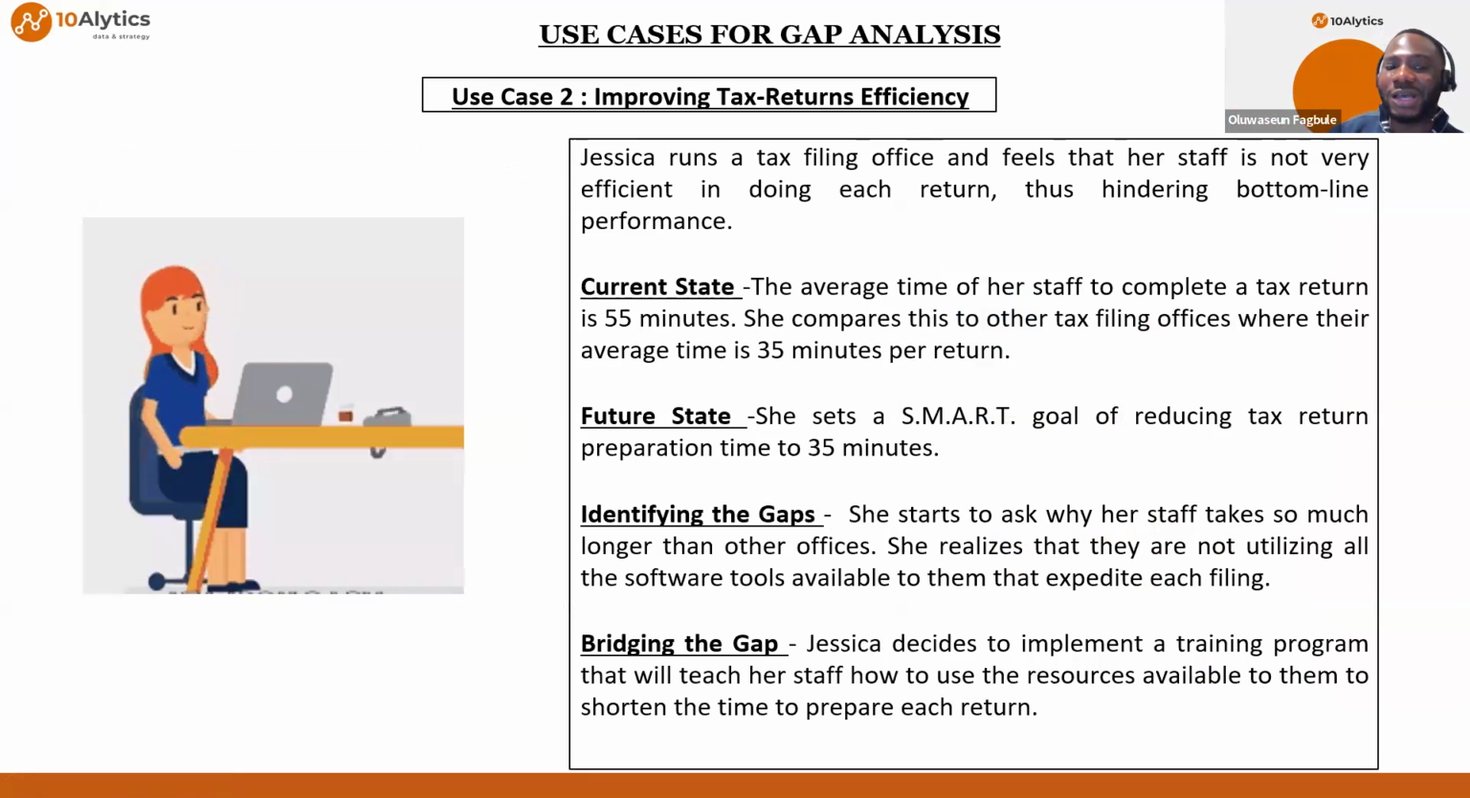And this is for improving tax returns efficiency. So here we have Jessica, right? This is Jessica on the left-hand side. Jessica runs a tax filing office and feels that her staff is not very efficient in doing each return, thus hindering bottom line performance, right? So what is the current state for Jessica? The current state is that the average time Jessica's staff takes to complete a tax return is 55 minutes. She compares this to other tax